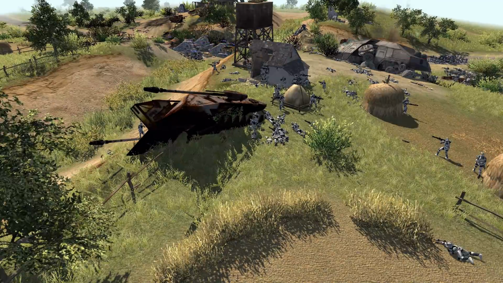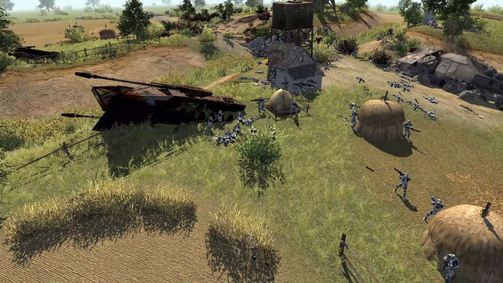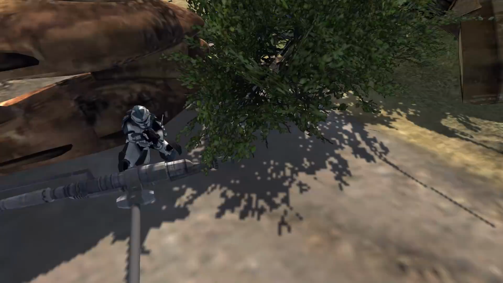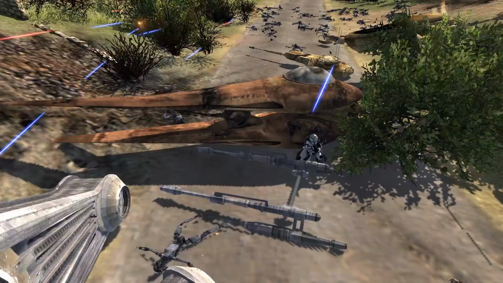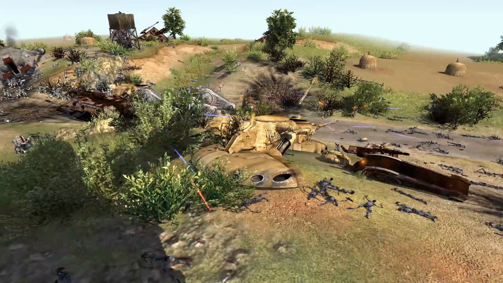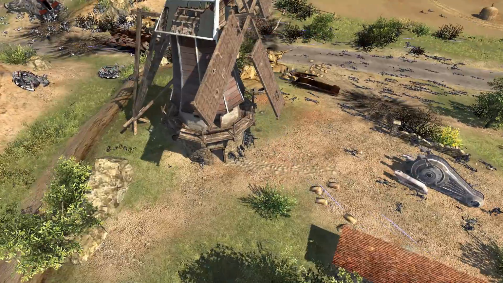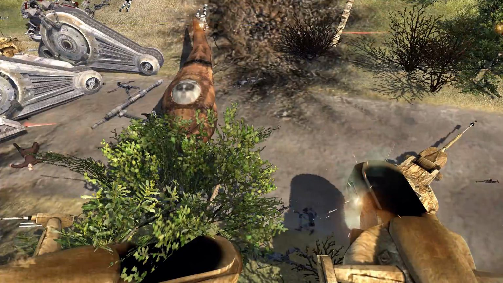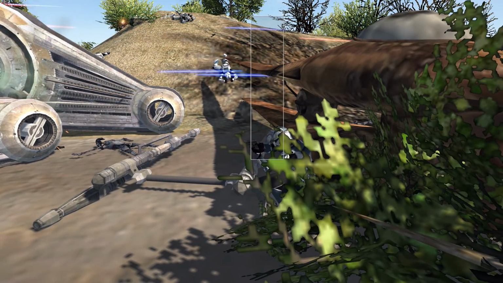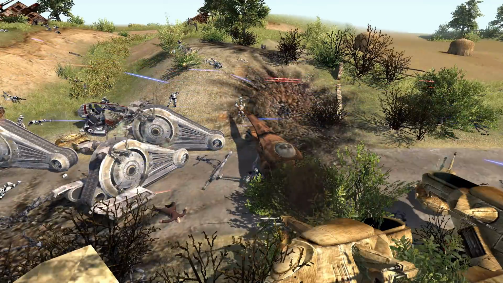Alright, but the clones are now moving further and further forward, which is what I like to see. Commander WOLFFE, still alive. He's chilling behind a Geonosian starfighter right here. He might be the farthest that any clone in this battle has made it so far, I think. Yeah, looks like it. Oh, except this guy might have beaten him. No, I think WOLFFE still got it. I mean, that guy's dead, so...